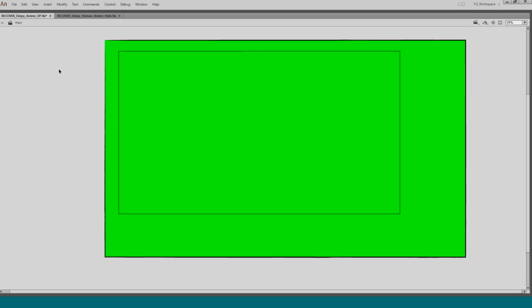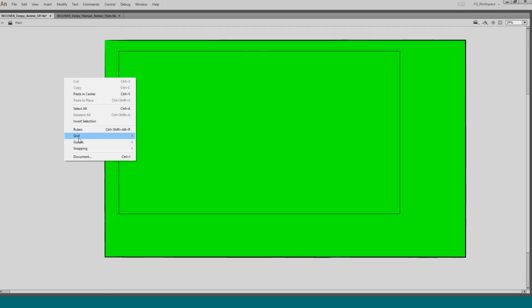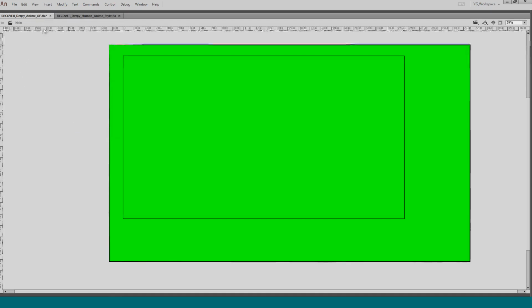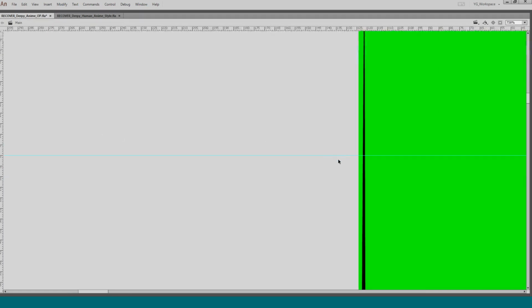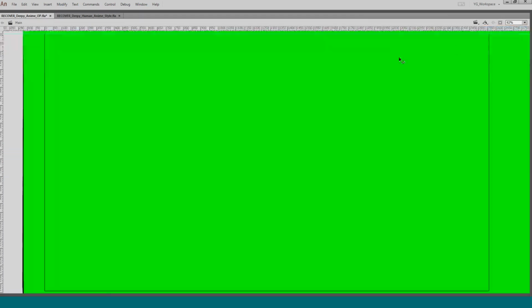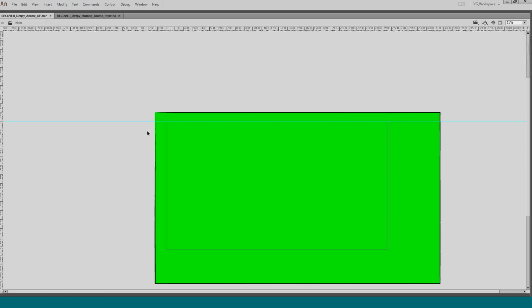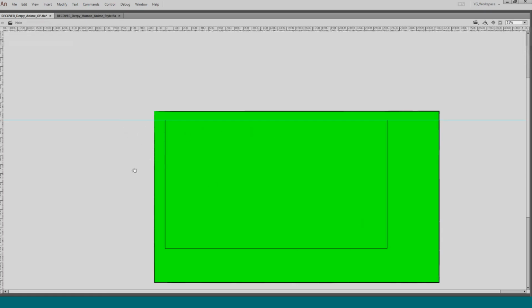So with CS6, I would have to add rulers, and these would create little lines. I had to carefully add these very faint blue lines to say how big my square was for my stage, just so I knew how big this box was.